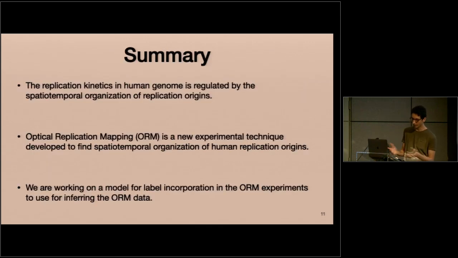So to summarize, the replication kinetics in the human genome is regulated by the spatiotemporal organization of replication origins. And optical replication mapping, or ORM, is a new experimental technique that has been developed to find the spatiotemporal organization of these replication origins, and we are working on a model for the label incorporation in the ORM experiment to use for